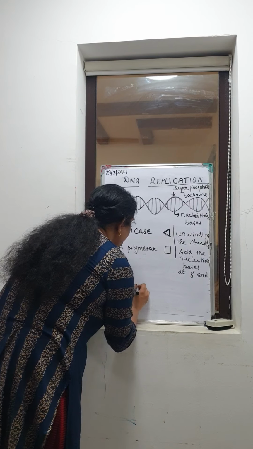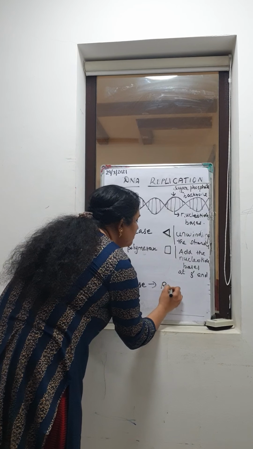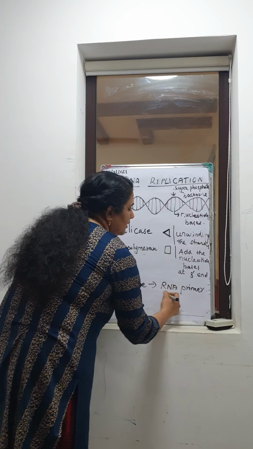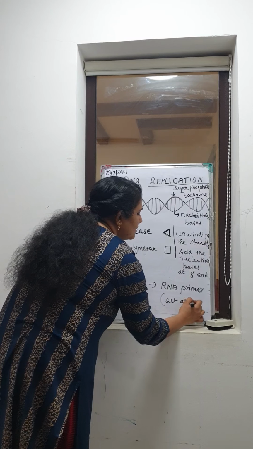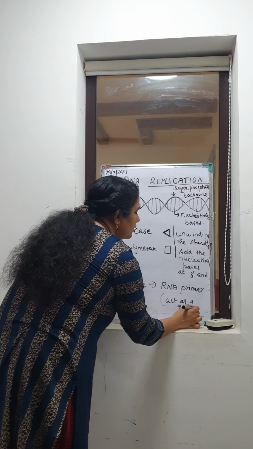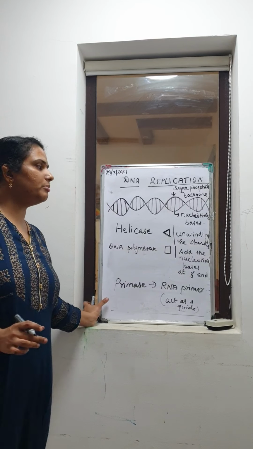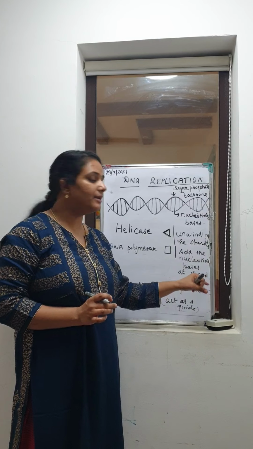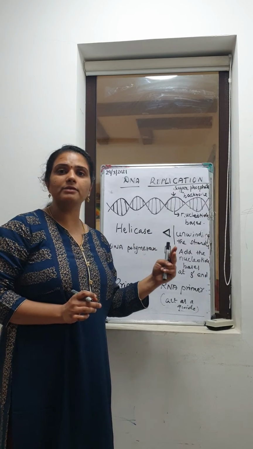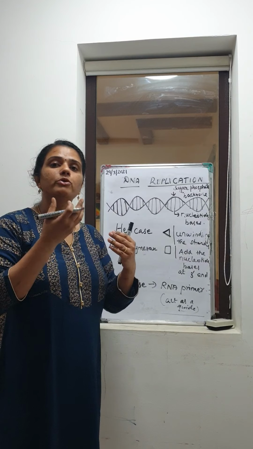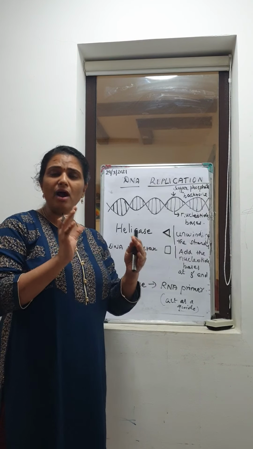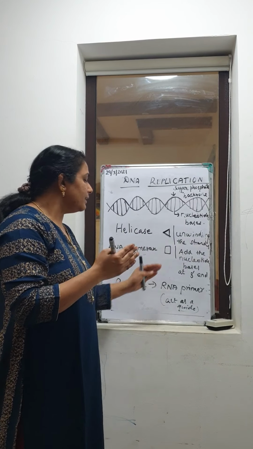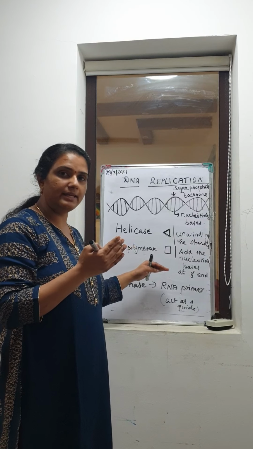It gets guidance from another enzyme, primase. This primase will produce an RNA primer. This RNA primer acts as a guide for DNA polymerase. So there are two things about DNA polymerase. It can add the nucleotide bases only at the 3' end of the DNA strand. And the second one is that it cannot act by itself. It cannot go and put nucleotides just anywhere. It wants something leading before. So for that, the primase enzyme is going to help the DNA polymerase.